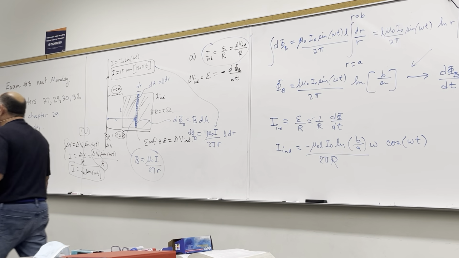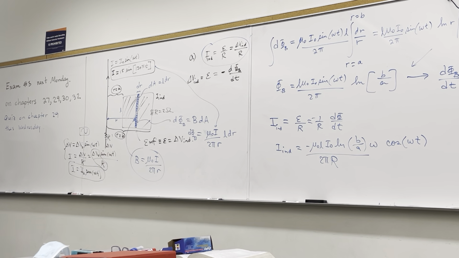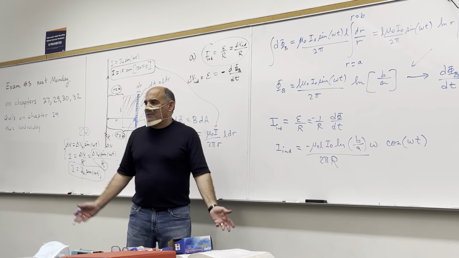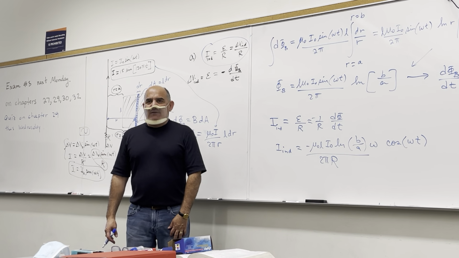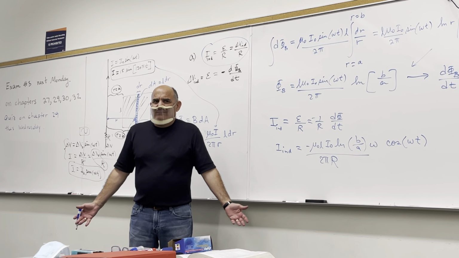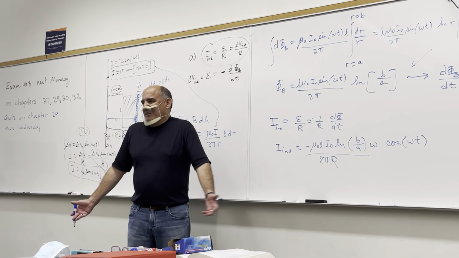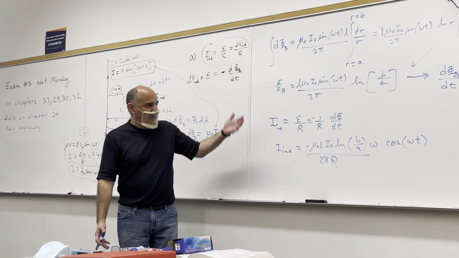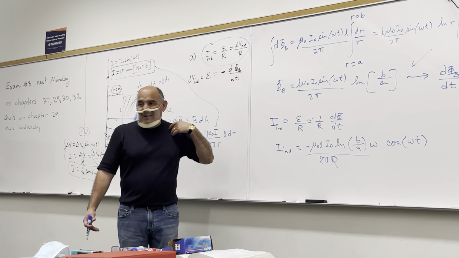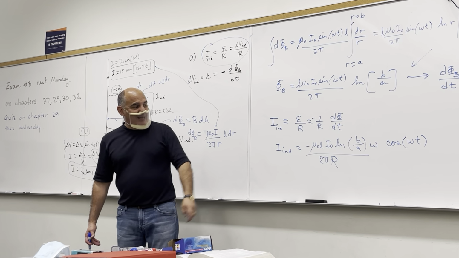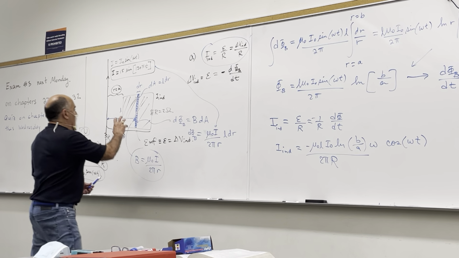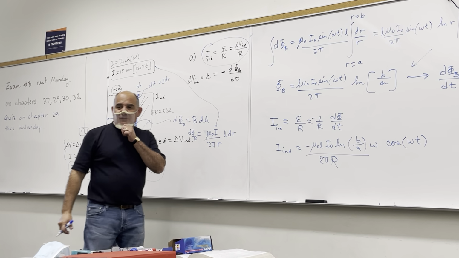Now, the question says, what is the induced current in the loop at t is equal to 0? So you just evaluate this at t is equal to 0. Now, they're just asking me what's the current. So my answer is going to be so many amps. If I say minus 3 amps, I could put minus 3 amps, but the way that the question was phrased, I would give an answer without the sign. That sign is associated with whether it's going to be clockwise or counterclockwise, that sort of thing,